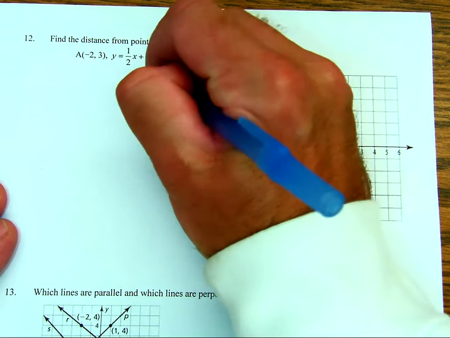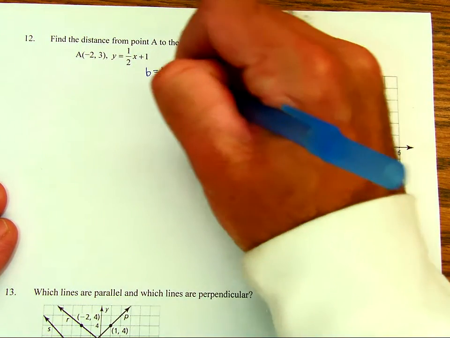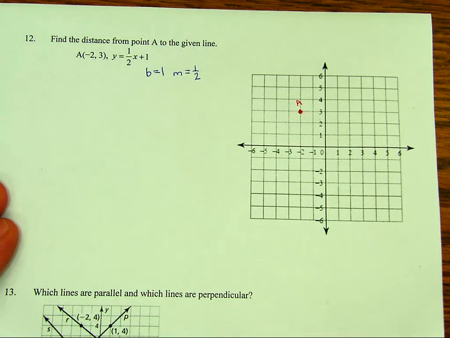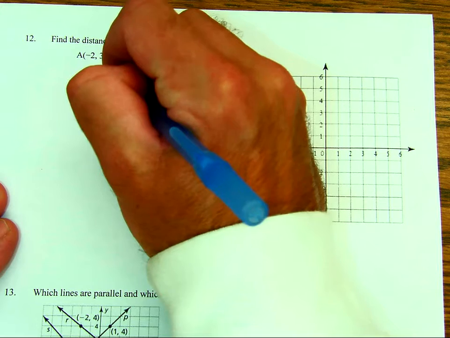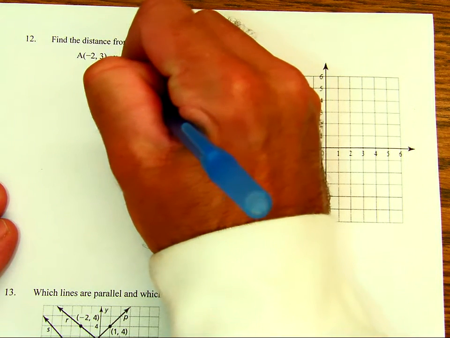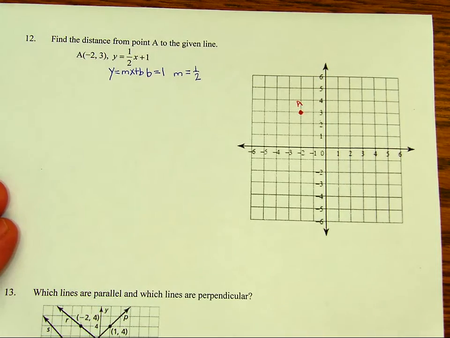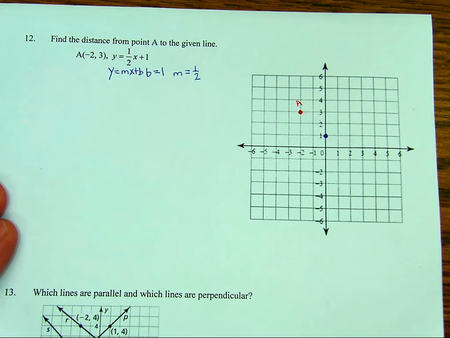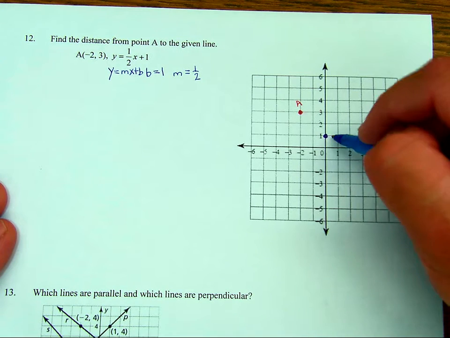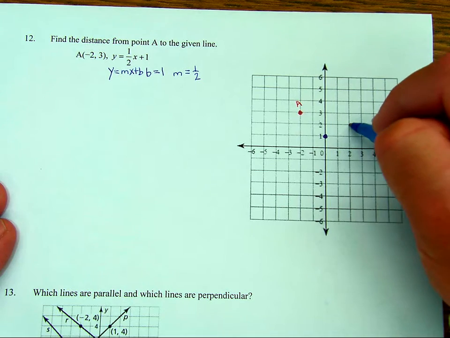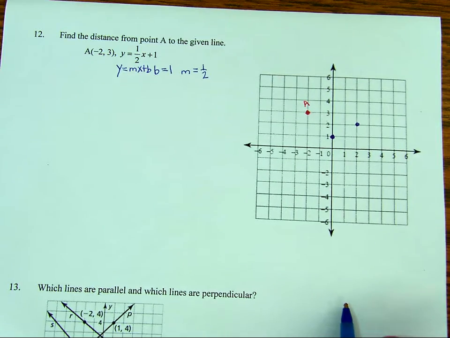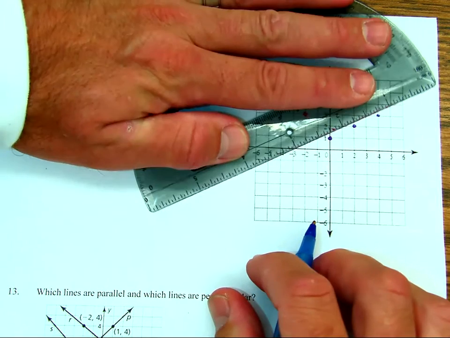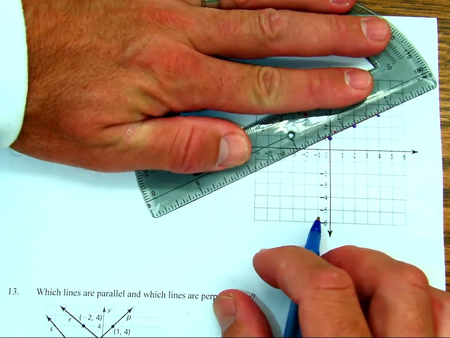So the y-intercept is 1 and the slope is 1/2. It's written in slope-intercept form, the form y equals mx plus b. Okay, so if the y-intercept's 1, that's our initial point. If the slope is 1/2, I'm going to rise 1, run 2. So up 1, right 2. And I'm going to graph the line. This is the line y equals